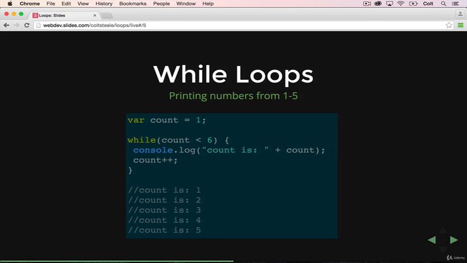So here's an example of using a while loop to print the numbers from 1 to 5. So we start by initializing a variable called count. It could be named anything, and we start it as 1. Then we have our while loop, and the syntax again is while and then a condition. In this case, the condition is count less than 6. So the first time that this loop runs, count is 1, so 1 less than 6 is true, so then this code is run. So that's going to print out count is 1, and then it will add 1 to